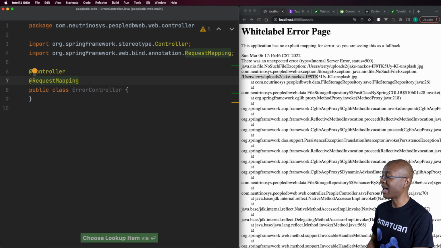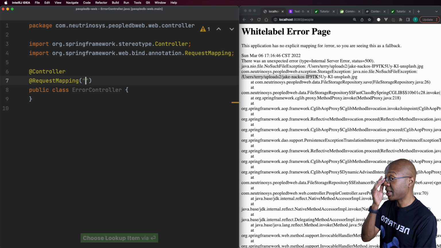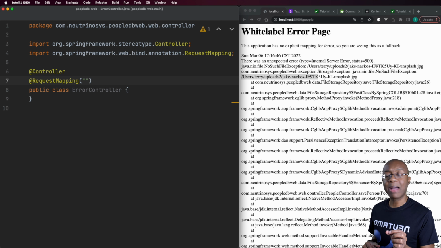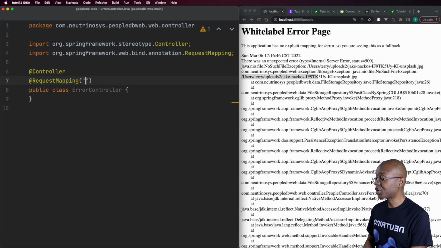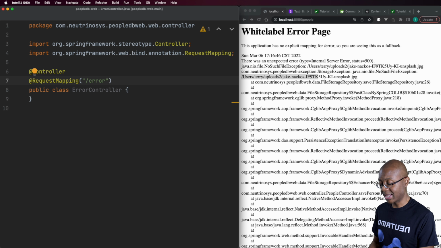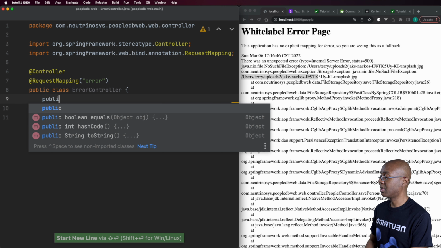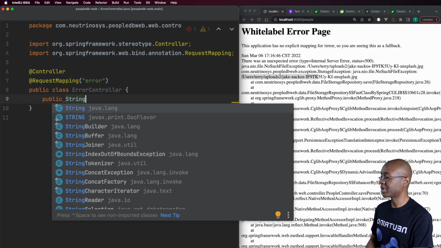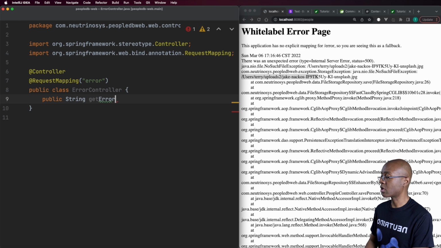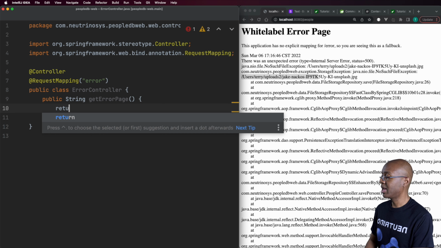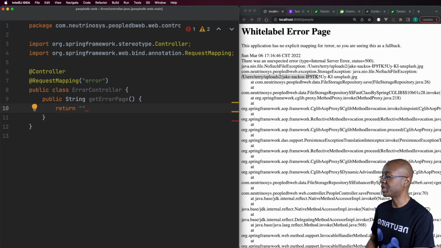Now, for this request mapping, we can state what URL mapping will cause this error controller to be called. Can you guess what that should be? Well, it should be error. Or you could also prepend that with a /error, but remember I was saying that you actually don't require that. All right, so you can do that. And then we can create a simple public method that returns a string, and we can say something like get error page, like so. And then we can simply return the name of our view, which in this case is